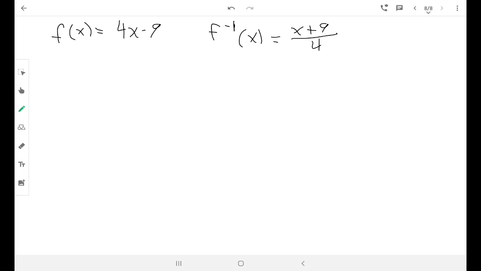And so what I'm going to do is take the composition, and let's do it that way. Now, that open circle means composition, and typically we read them backwards. So this actually reads f inverse composite f of x. So I'm going to do f inverse composite f of x, which means f of f inverse of x,